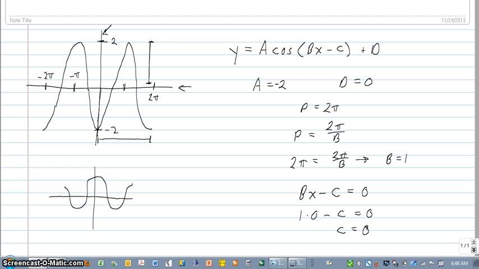And so if we know that d is 0 and c is 0, then our graph is simply y equals -2 cosine x. And we can check to make sure that this is correct. Let's say if we plug 2 pi into our formula, we should get -2 as a value. So if we plug 2 pi